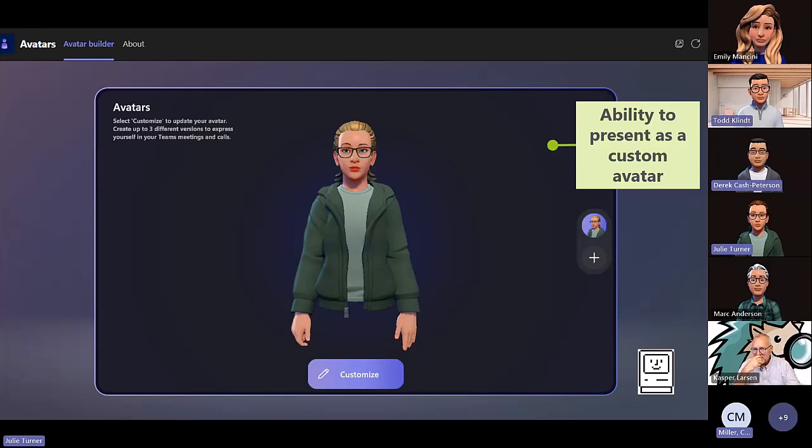Yeah. And I do have to say that it's hard to make your avatar feel right. It's a lot of work to get that look that you think you have. I'm still not happy with mine, and I spent too much time on it. Yeah, and then you can tell by the screenshot that you can have multiple avatars.